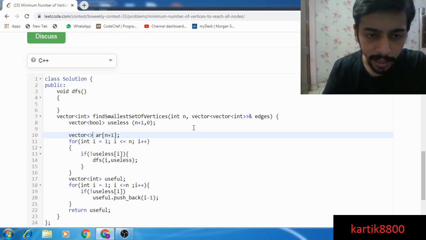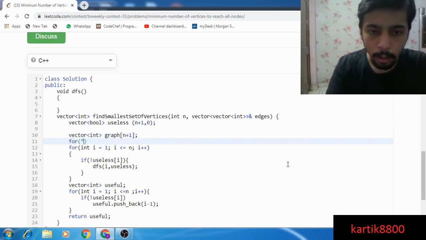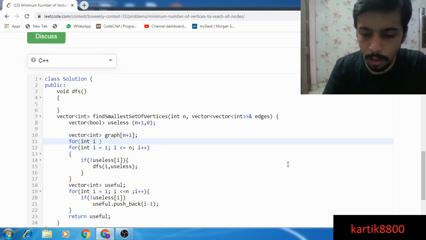So vector array, I'll call it graph. I can have vector of integers. Let me loop through these edges. For every edge, integer i goes from 0, i less than edges dot size.